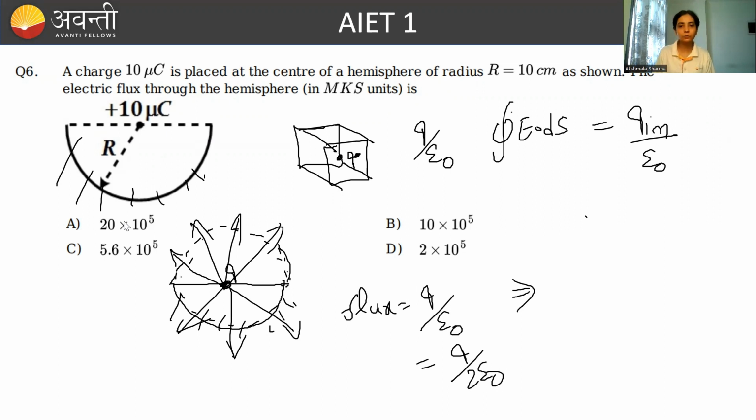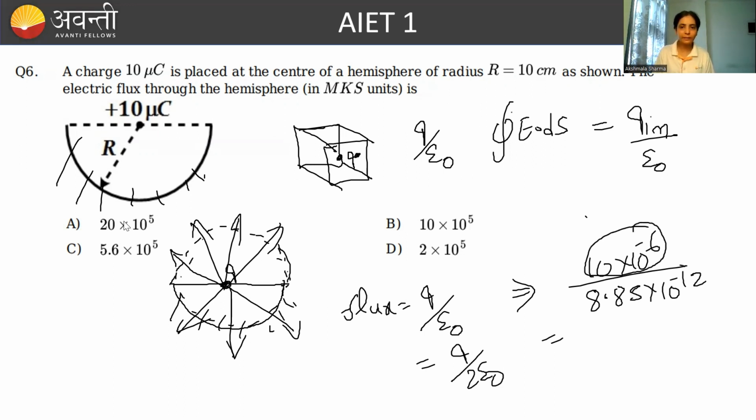Now you put in the values. The value of Q is given as how much? 10 into 10 to the power minus 6. What is the value of epsilon naught? 8.85 into 10 to the power minus 12. Now if you solve it, how much will it become? 10 to the power minus 5 is here, 10 to the power minus 12 is there, so 10 to the power minus 7 remains below, which when it goes up will become 10 to the power 7 by 9, and we can write it like 100 into 10 to the power 5 by 9,